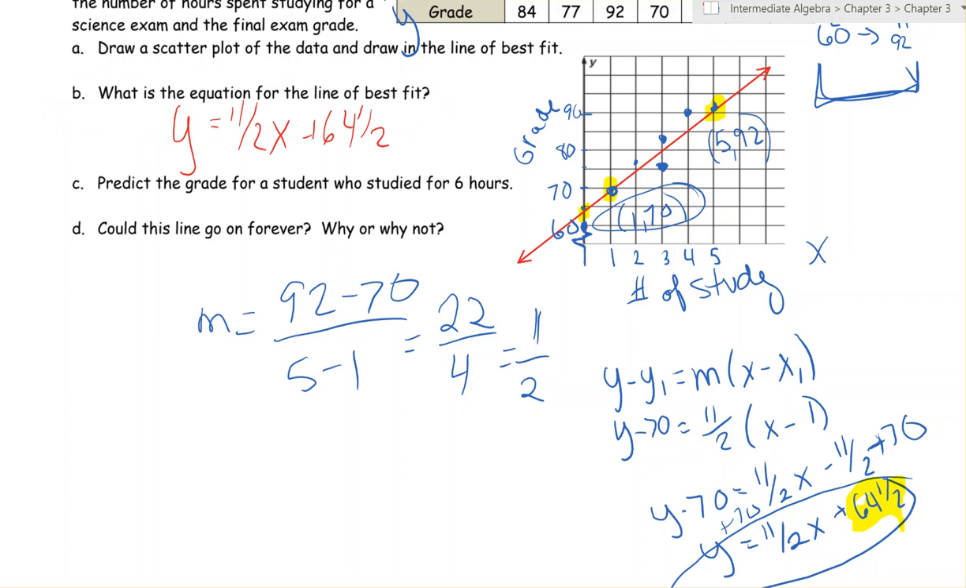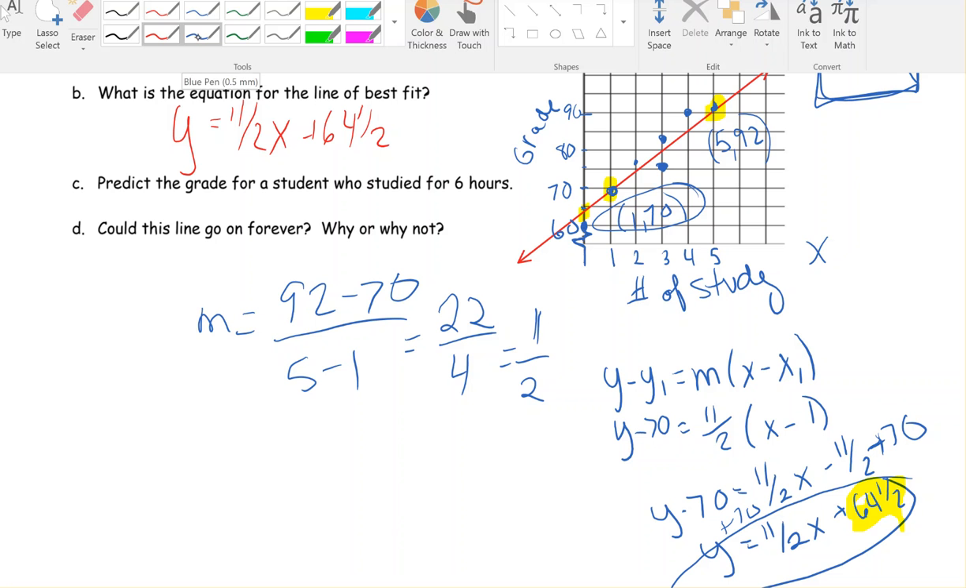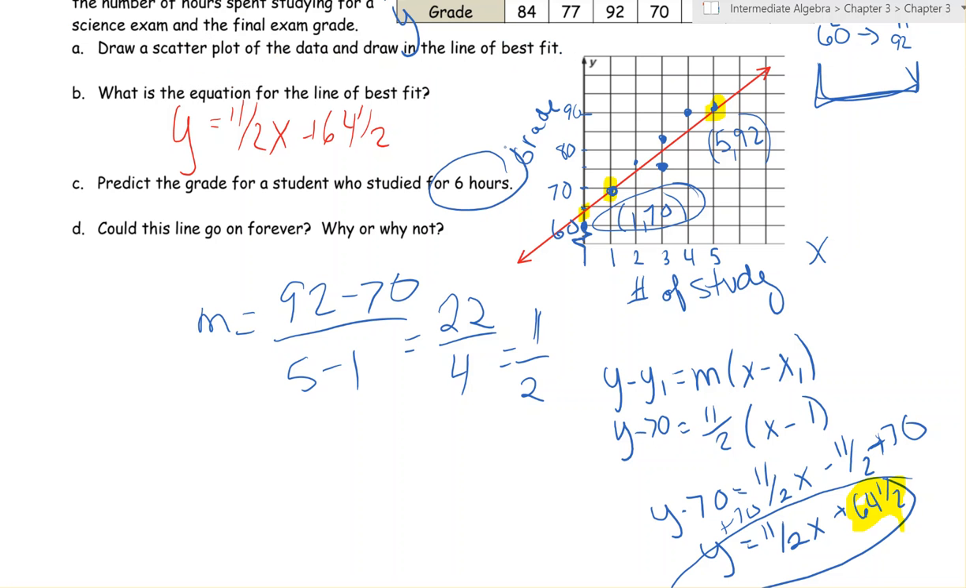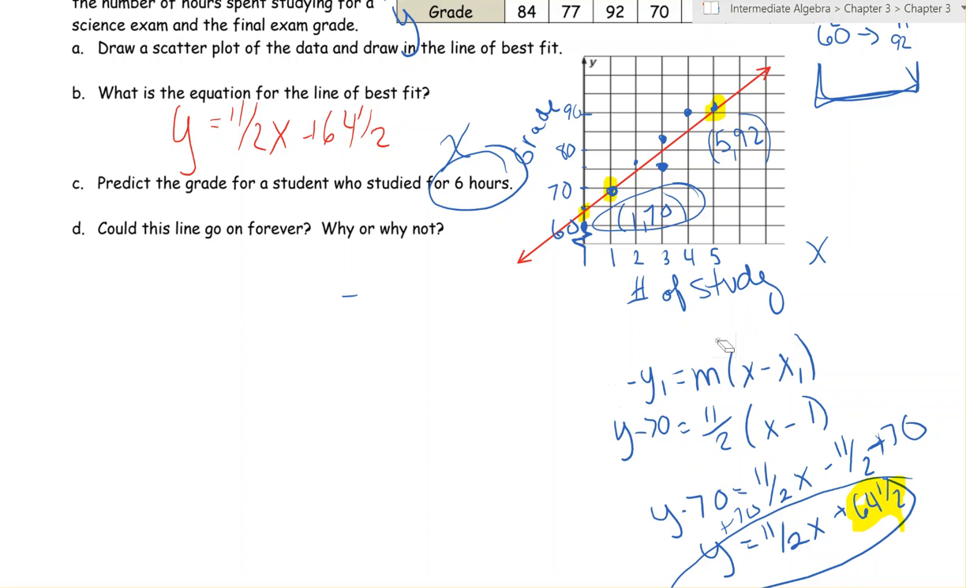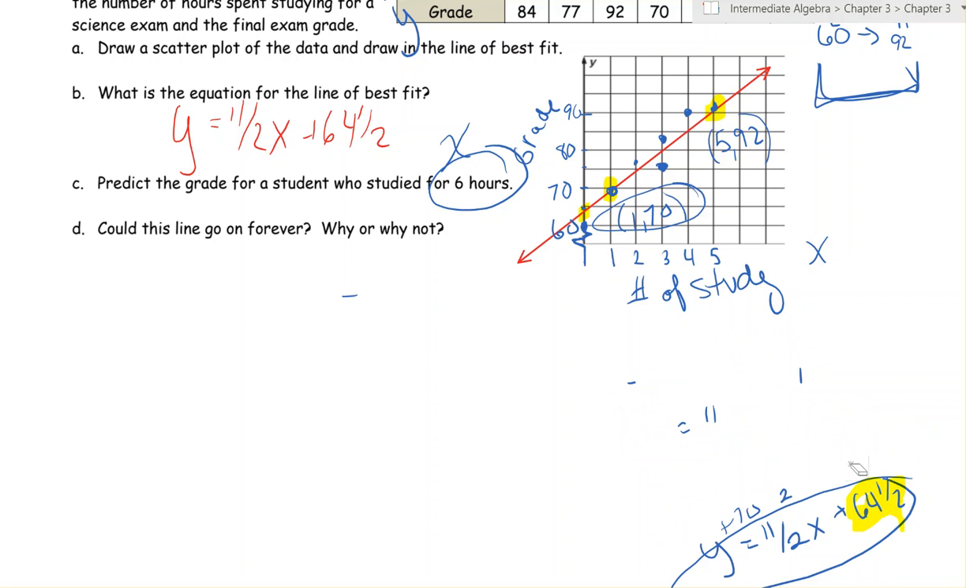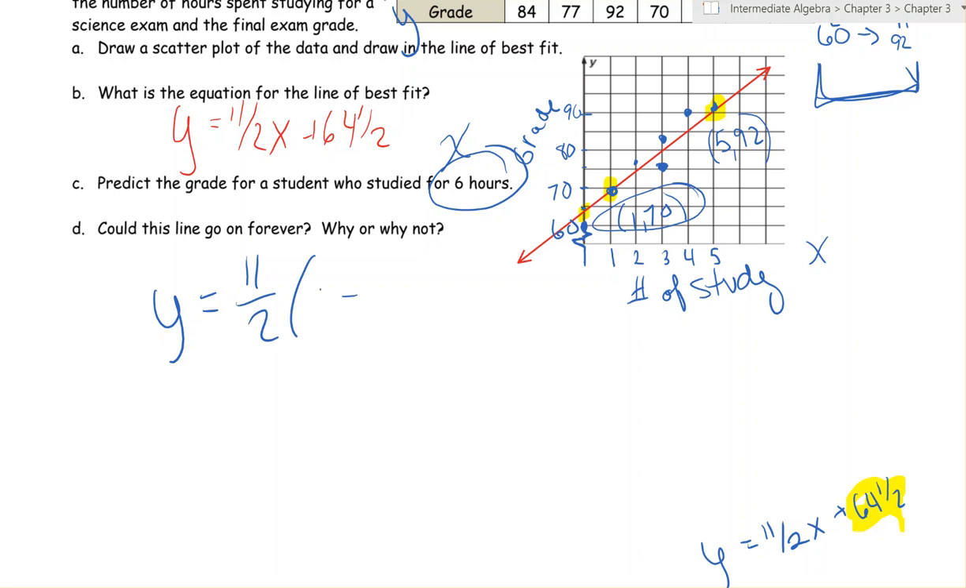Okay, so C says predict the grade for a student who studied for 6 hours. So I'm going to use my line of best fit to predict this. Again, this is the number of hours studying, so this would be our X. So what we would do for that is plug it into our equation that we came up with. So Y equals 11 over 2 times 6 plus 64 and a half. So go ahead, do the calculations, and you should get a score of